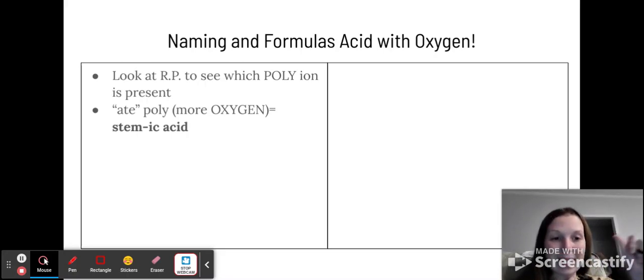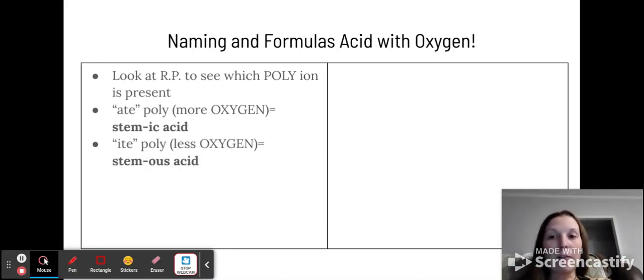Remember that the "ate" stem on a polyatomic means more oxygen. So ate is great. So we've got more oxygens. When you're going to name an acid that has an ate polyatomic, you use the stem of the polyatomic and "ic acid" at the end. If it is the ite polyatomic, so it has fewer oxygens, you use the stem and "ous acid" at the end. The reason we say ate or ite is because sometimes we have polyatomics that have the same